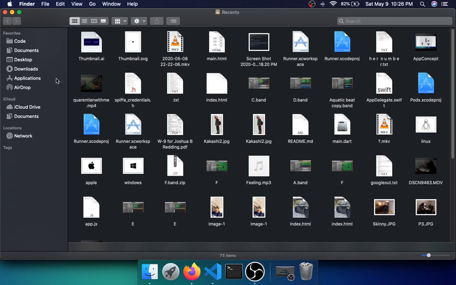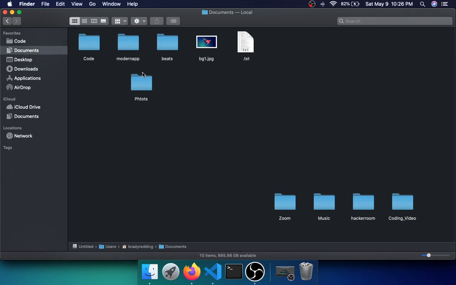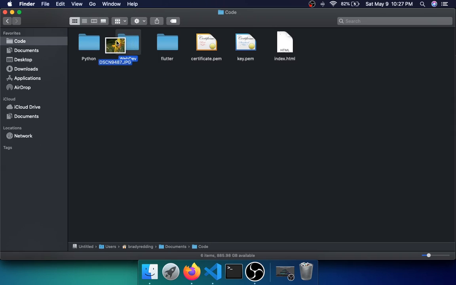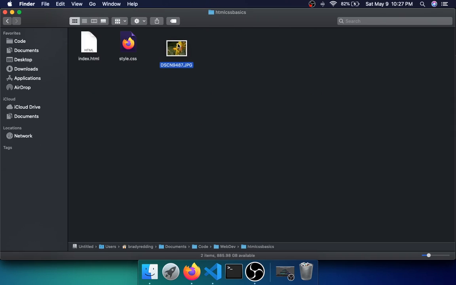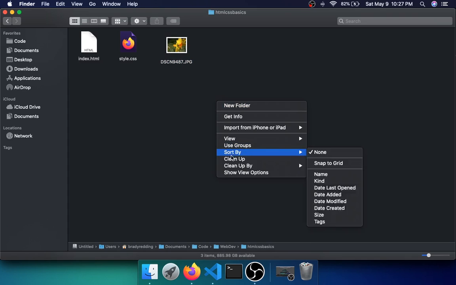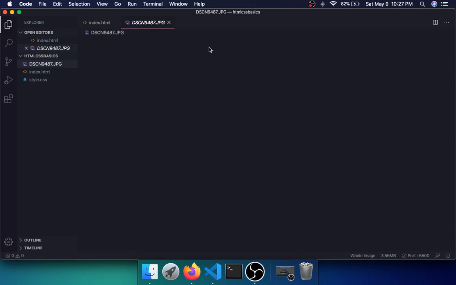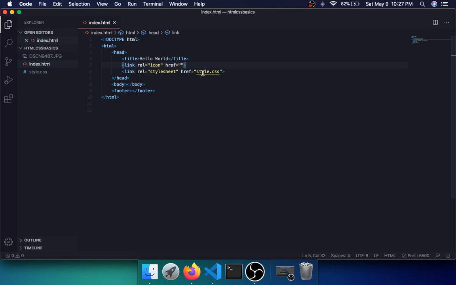Let's just say we want to have this as our icon. So we can put this in our HTML basics folder, right? And you can see it's right here in our VS Code. We can do the href as,